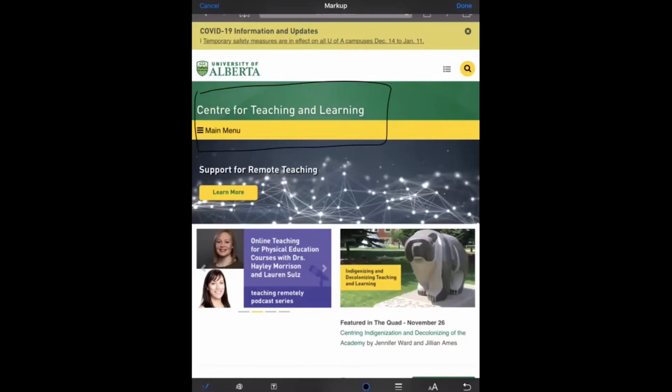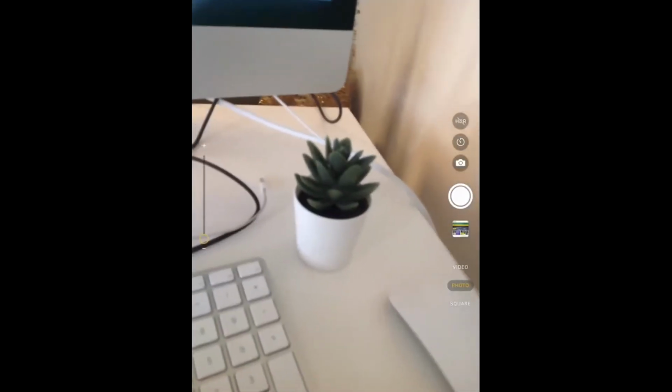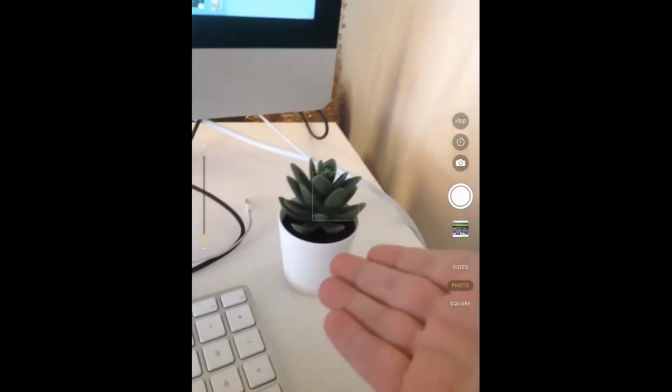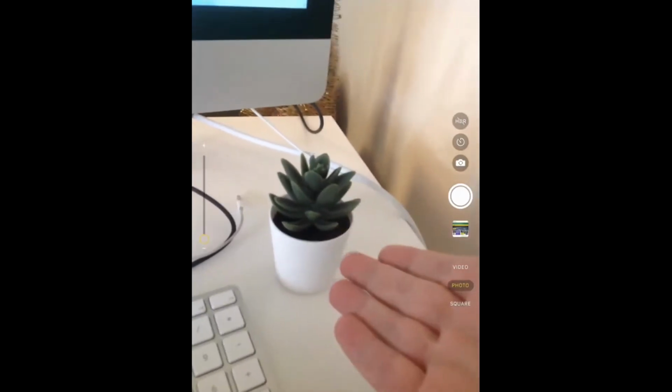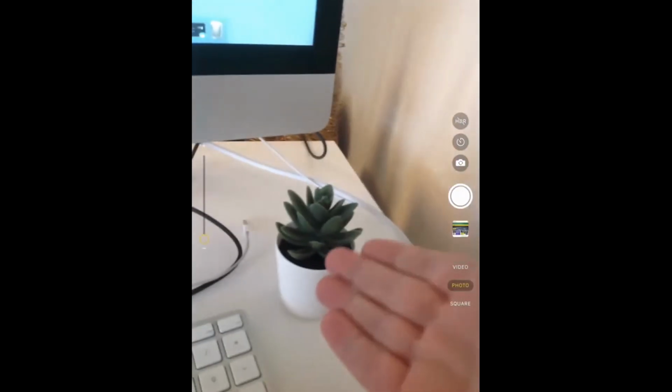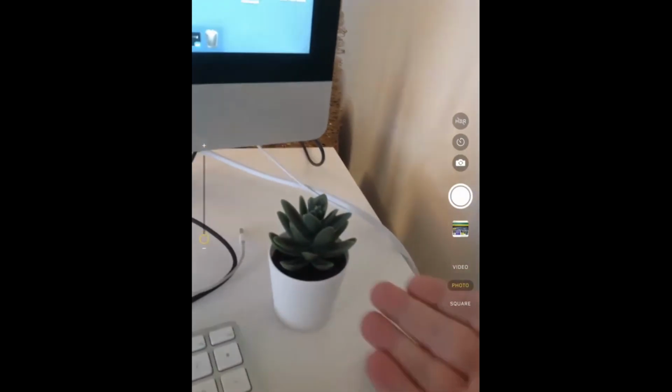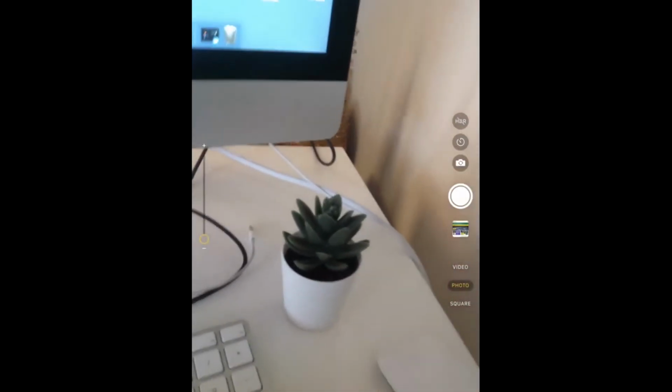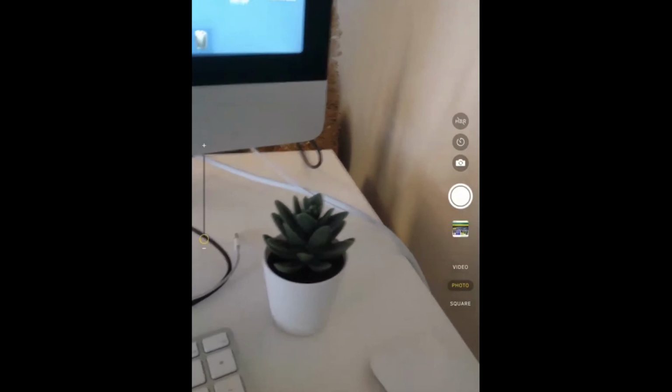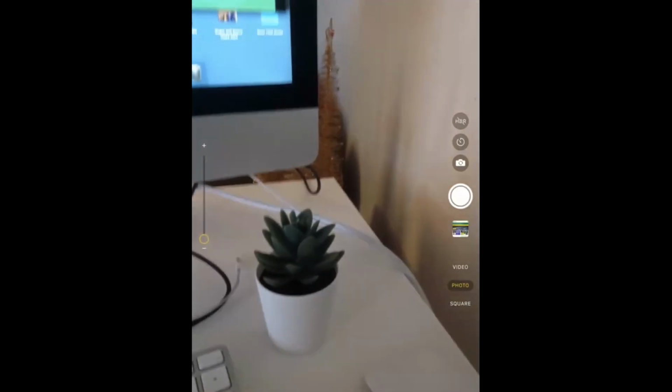And the last thing that I really enjoy about this is if you have something in your residence that, for example, let's pretend this was a really great specimen, not an IKEA houseplant. If this is something that you wanted to demonstrate to your whole class, you could hold it up to your computer screen, but let's say it's a bit heavy or really bulky.